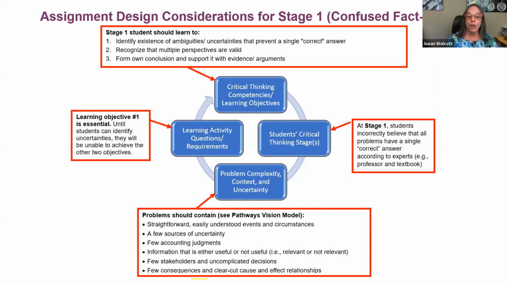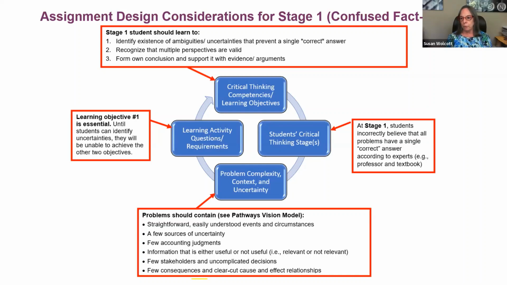I'm going to comment here briefly on the results of the last polling question, and I see that 73% of you said that you think your students are operating as confused fact finders, and that's pretty consistent with what I've seen teaching introductory accounting courses, and another roughly 23% are at the bias jumper stage, with a very small group at the higher stages. So this is completely consistent with all of the evidence that I've seen and with my own assessments